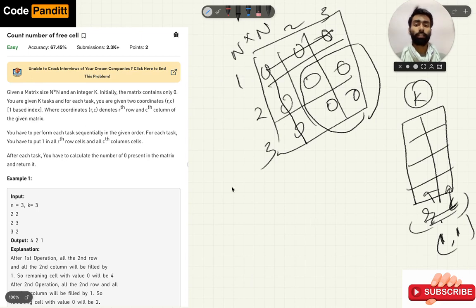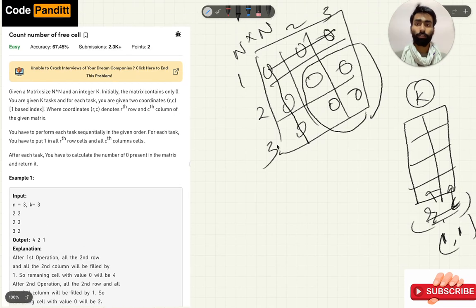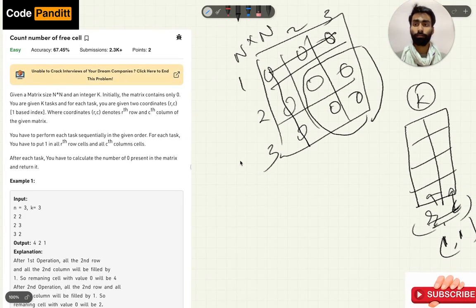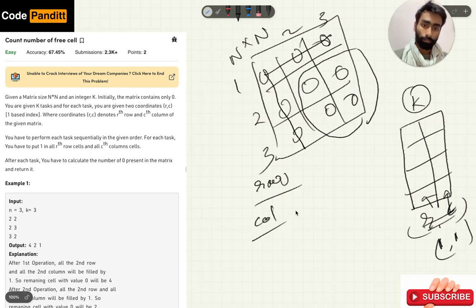So let's break the solution into steps. First we need two variables, row and column, to keep a record of which row and which column are filled with 1.